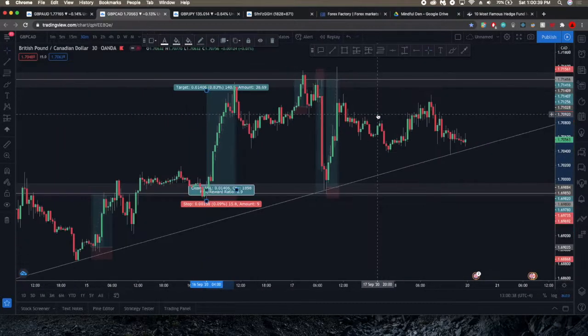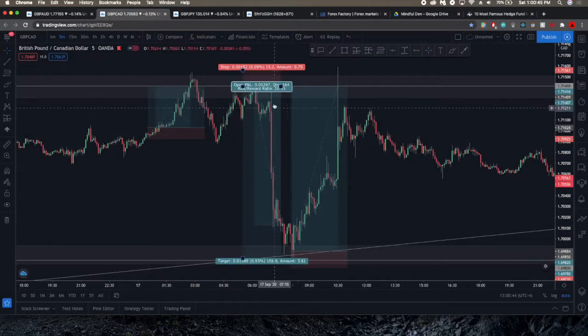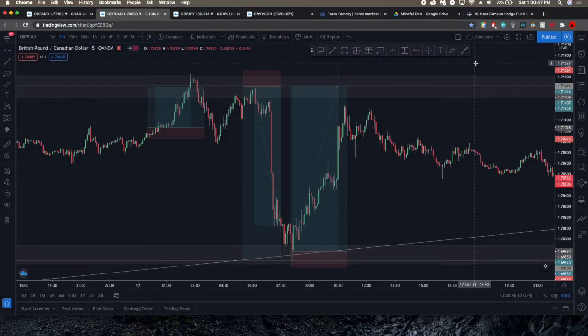GBPCAD moves a lot, and you see how nicely rejected levels. Like, look at it when news rejected it. It tapped that level exactly. Like, it's not a coincidence, right? These levels are there for a reason and they work. So learn how to plot them properly. But yeah, okay. So that's it. 570 pips on GBPCAD.